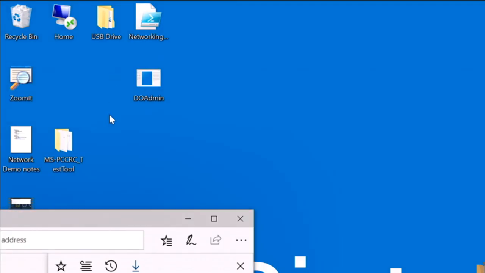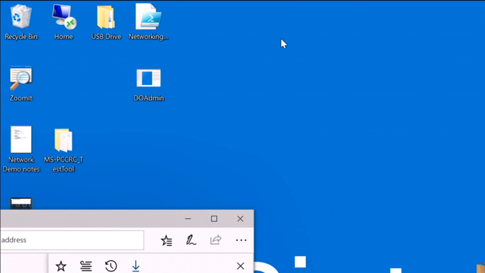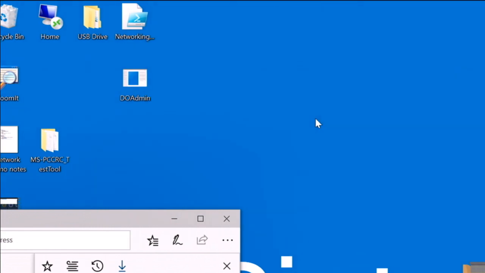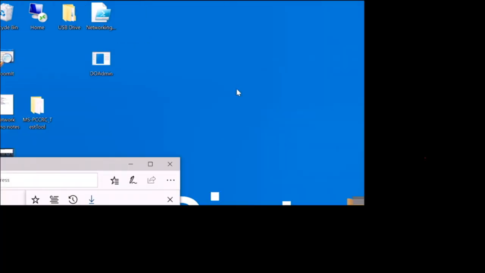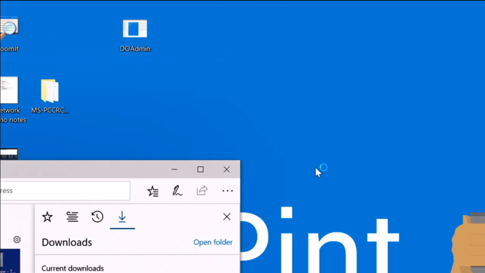Oops. I'm not used to this zoom in. How do I get out? Oh. Lost my mouse too.